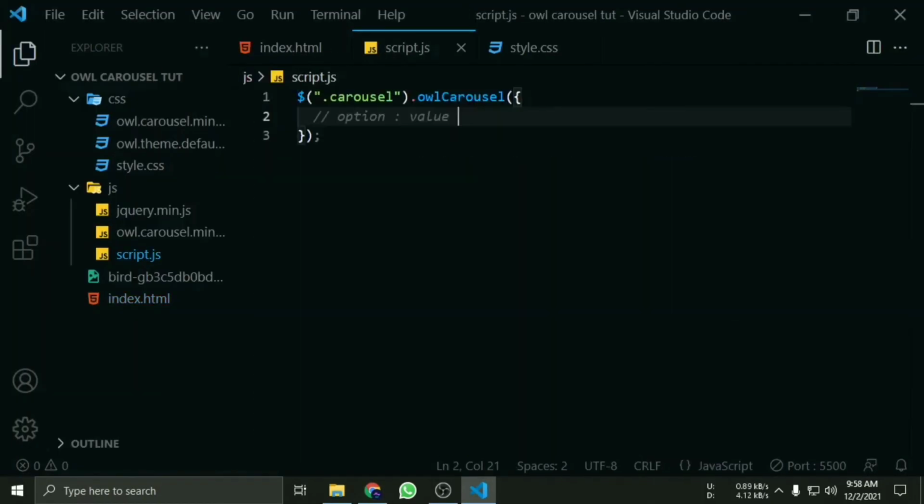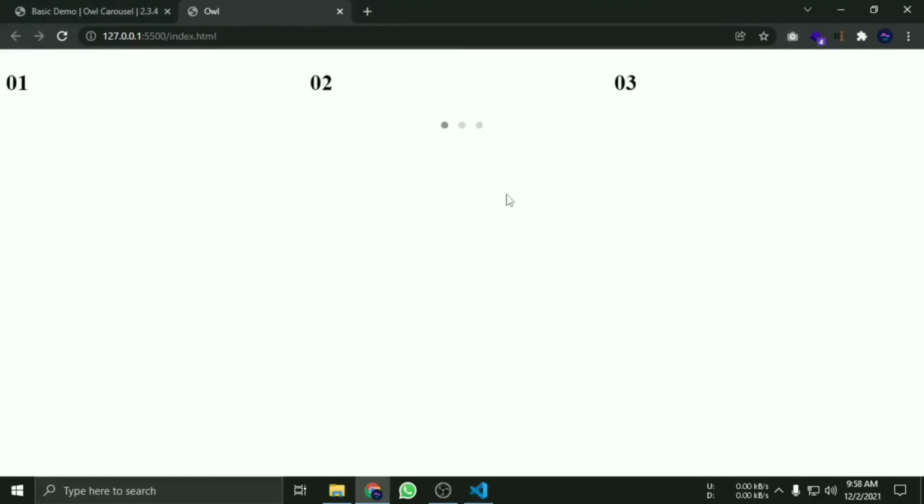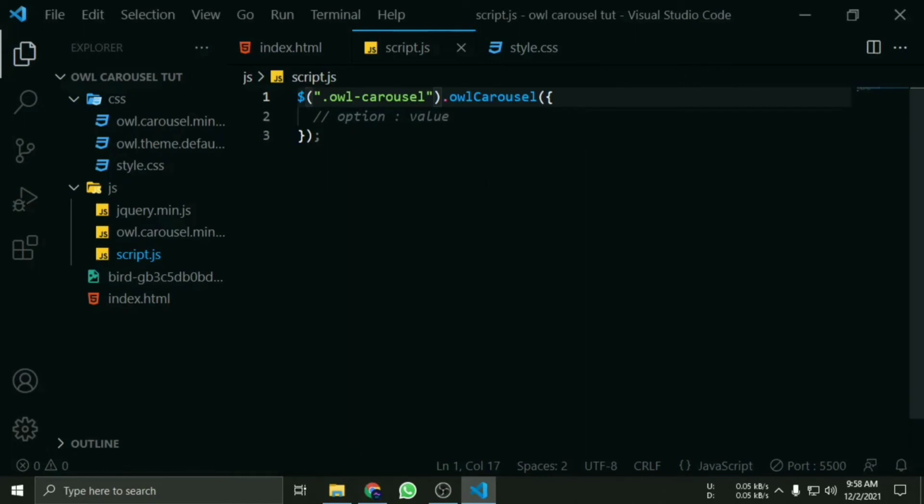So if I target it from owl carousel, then you will see there are 3 slides and all 3 slides have the same property. So if you want to customize anything, you can't. For example, if I want only one item at a time over here, and I add items, I will discuss these items in the next video, but just for understanding I am explaining it.